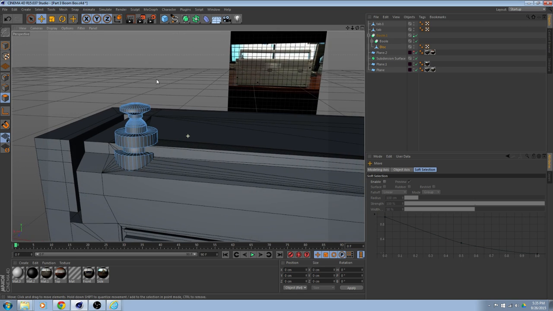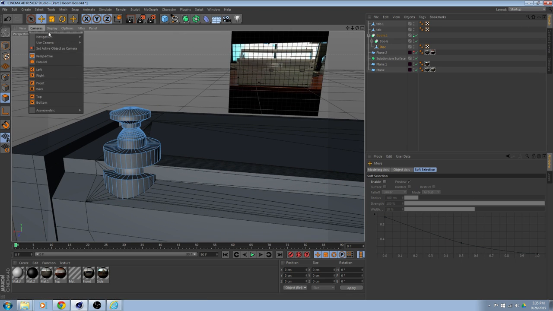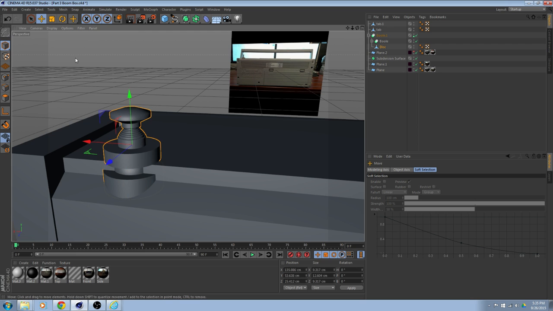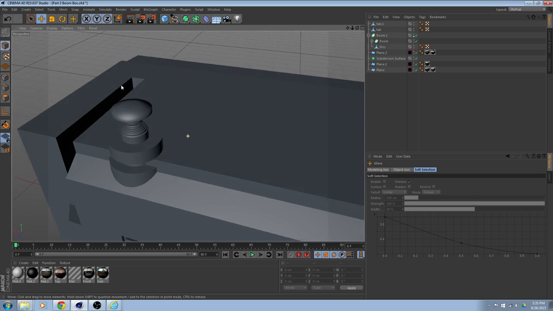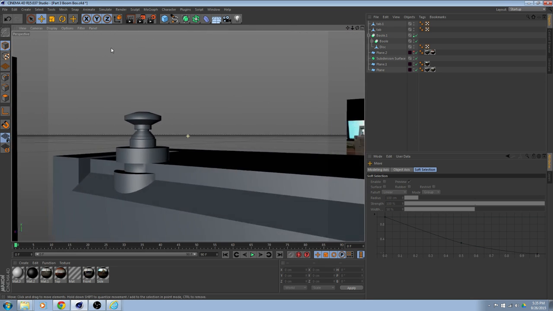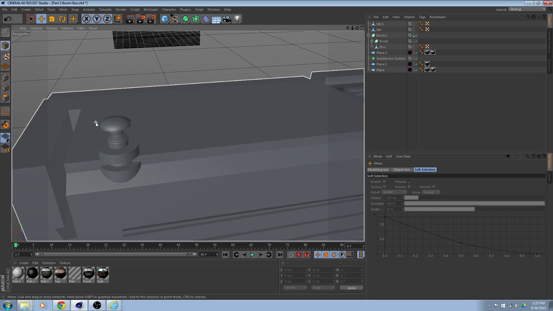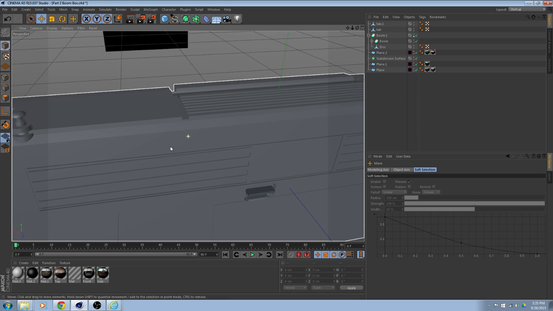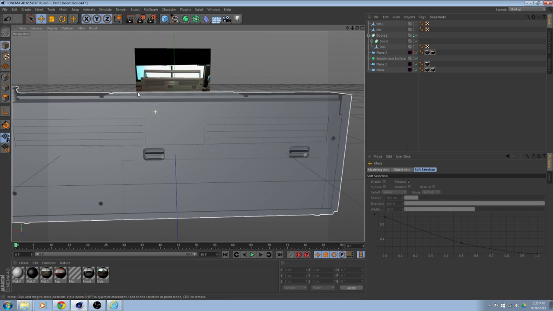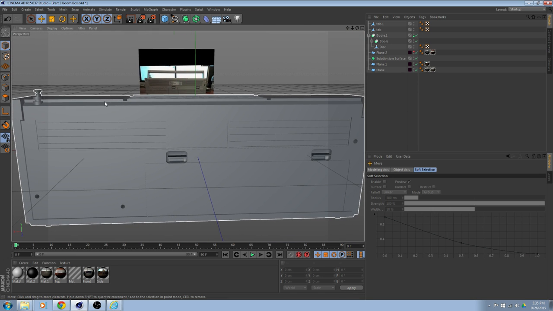There we go. So if I take off my shading and select the object, it's pretty spot on. All right, that really worked out pretty good. So we have that done, and then the next thing we can do is, let's get those side